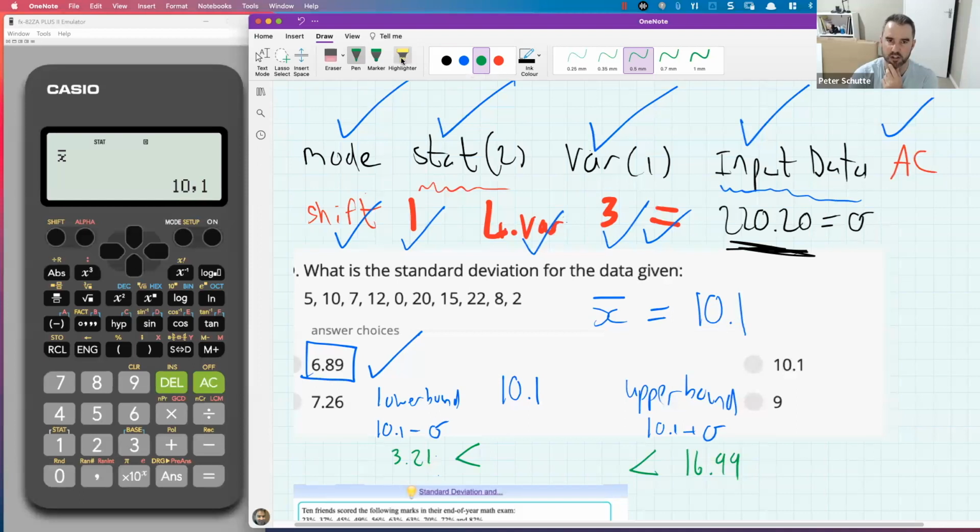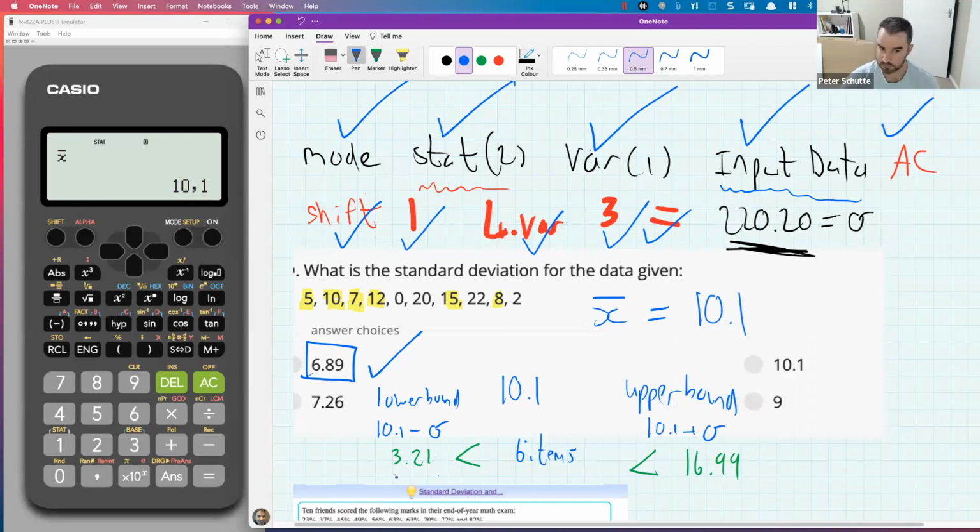Well, I go to my data set. 5 is included. 10 is included. 7 would fall into that. Would 12? Yep. Would 0? No. Would 20? No. Would 15? Yes. Would 22? No. Would 8 fall in? Yes. Would 2 fall in? No. So what we see is that there are 1, 2, 3, 4, 6 items that fall within one standard